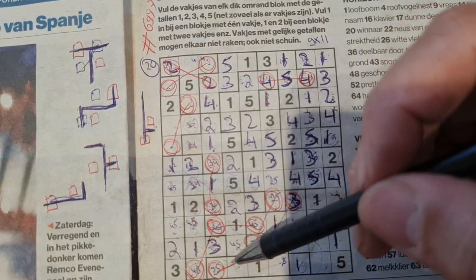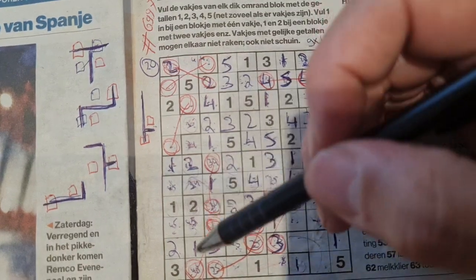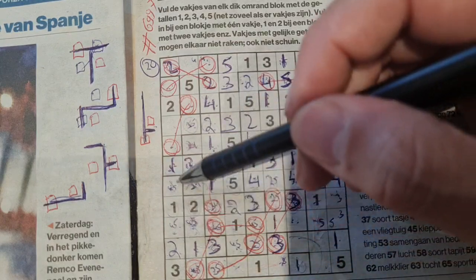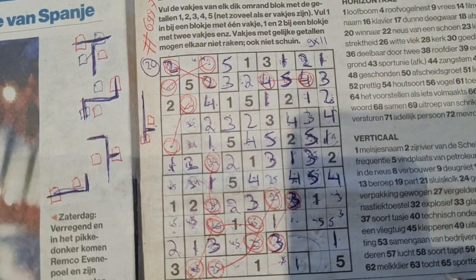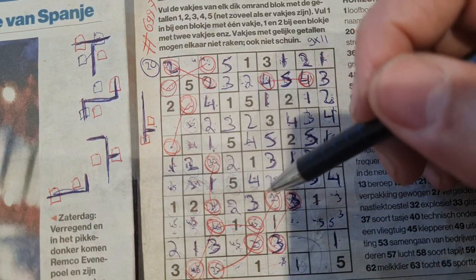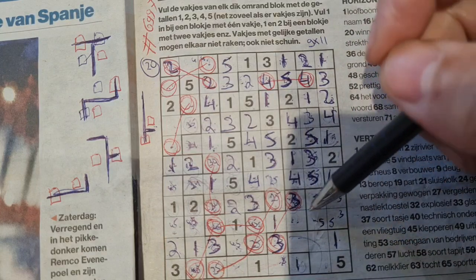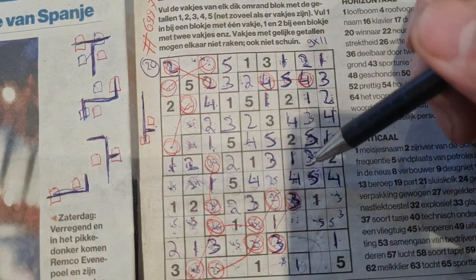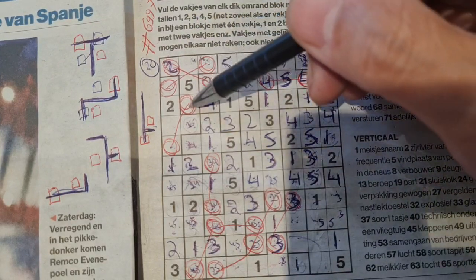Then, well, I need a 4 and a 5. 4 and a 5, 3 and a 4. 4 and a 5. Well, come on, this is taking too long. 1, 2, 3, 4 and a 5. About here. 1, 3. 2 and a 5. 4, 1,